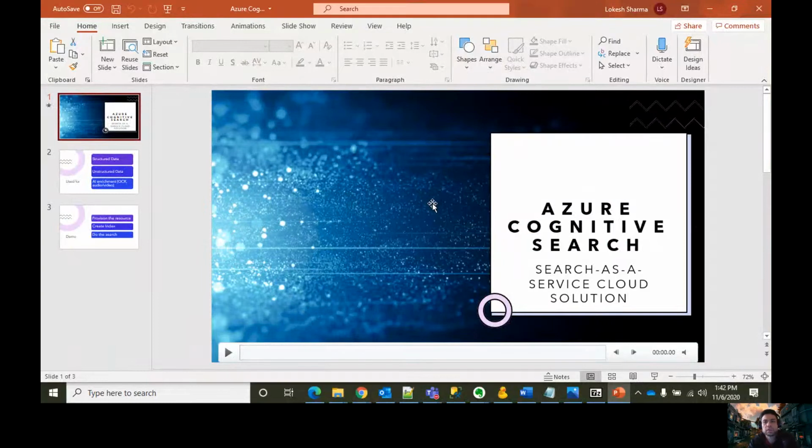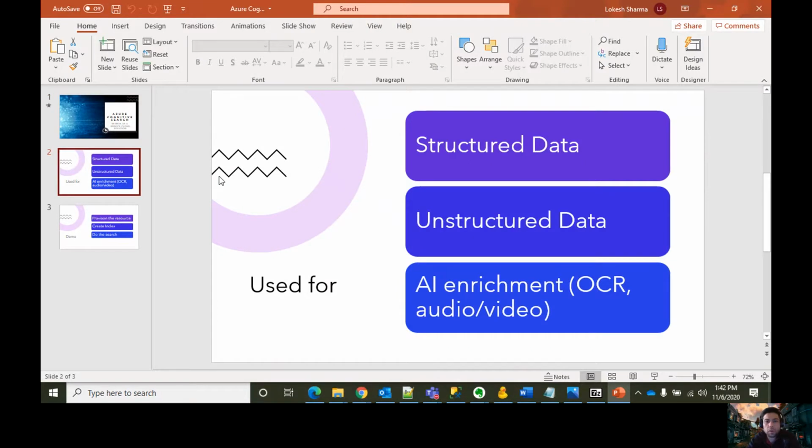So Azure Cognitive Search, in simple words, is a search as a service cloud solution. As I said, this is a cloud service provided by Microsoft, which will do the job for you if you want to search structured data, unstructured data, or use AI enrichment. So it also gives us the capability of AI enrichment. And when we compare it with some of the other search engines that Microsoft has, this kind of search service is basically used where